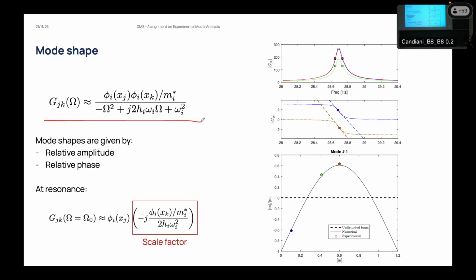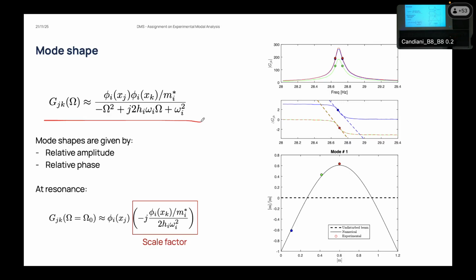So it is equivalent to say that computing the frequency response function in the resonance condition is giving me a pure imaginary number that is dependent on the location of the output, scaled by a certain number that is common for all the locations you have here. This is exactly what we need to define the mode shape, because defining the mode shapes implies defining these phi_i(x_j)